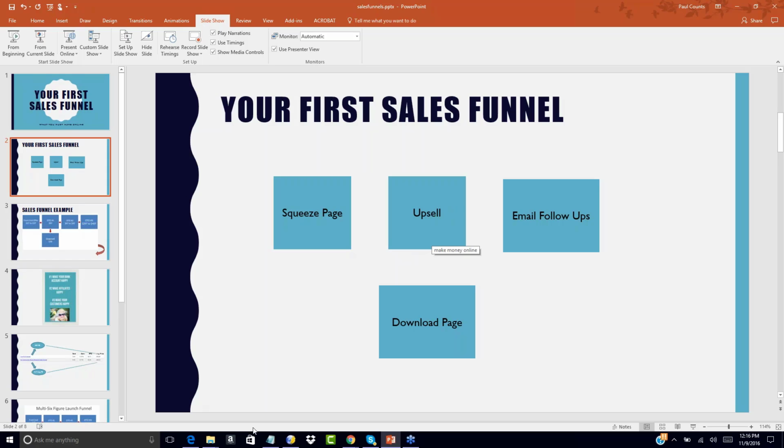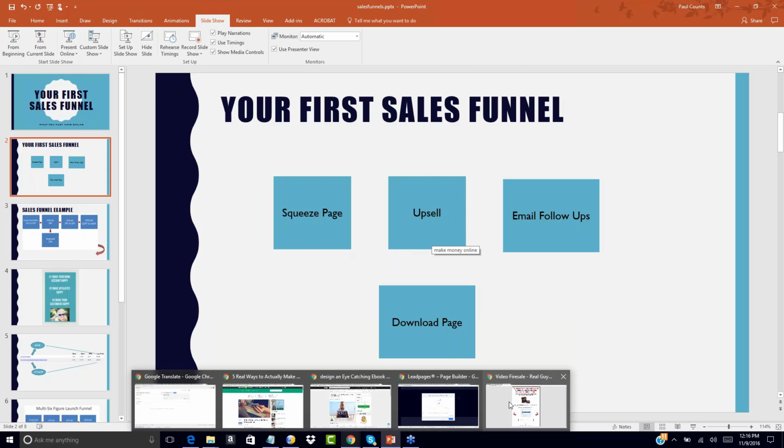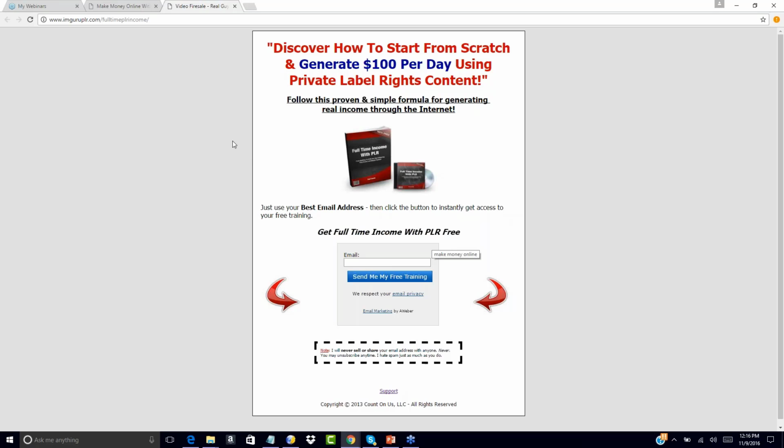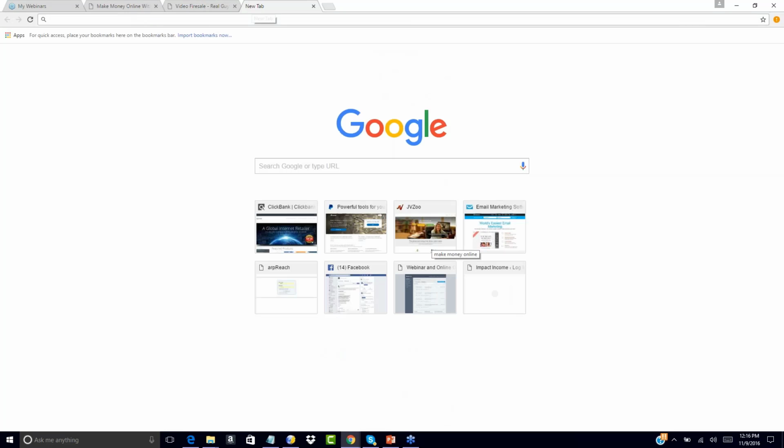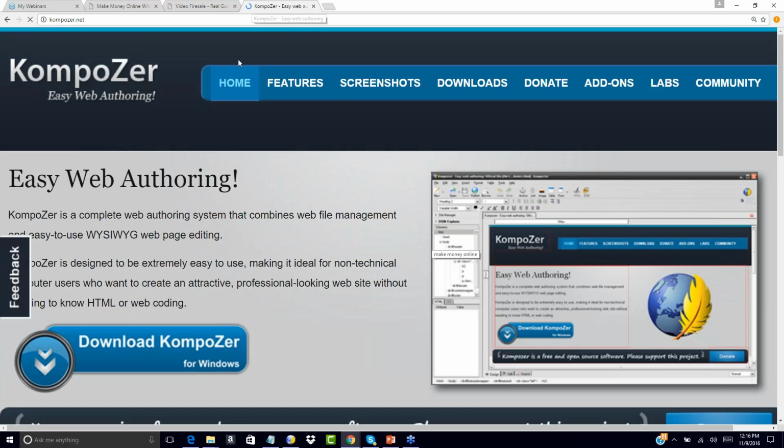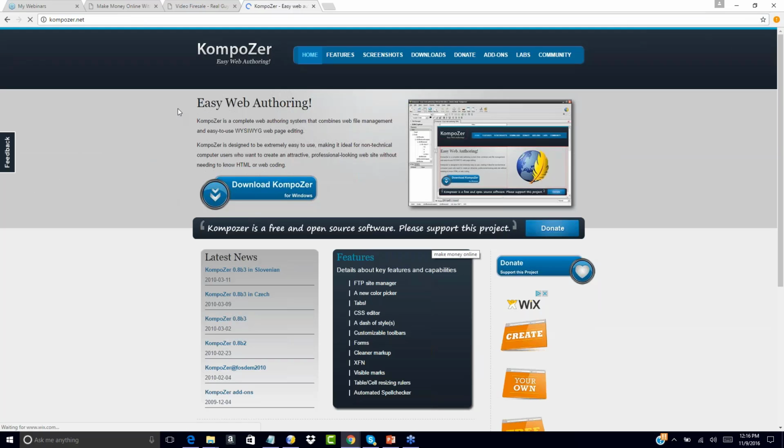So let's jump over here, let me go over to the squeeze page. So this is the squeeze page that we're going to set up. I want to first tell you guys the first tool that we're going to need. And this is called Composer. And so you can get Composer at composer.net. And this is an HTML editor. So this is a software that's been around for a long time. You can see it's been around since 2010 of all things. But this is a software that I still use to this day because it's very simple to manage my HTML